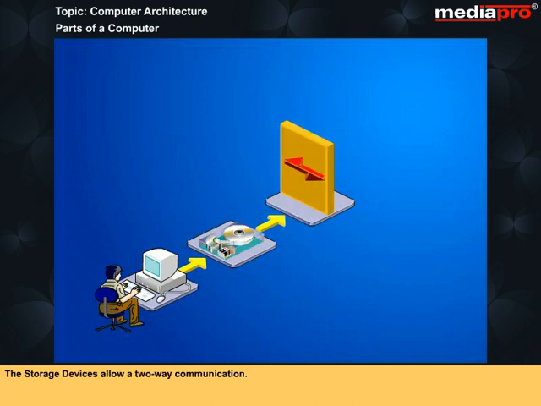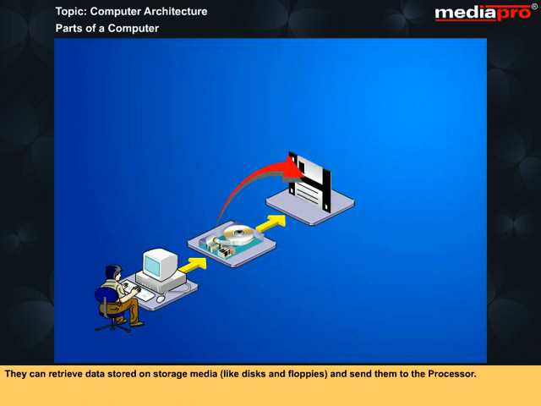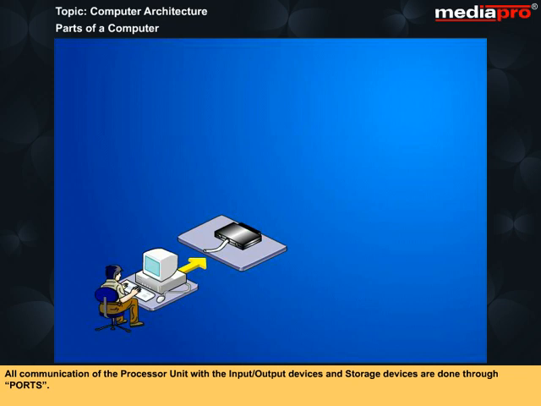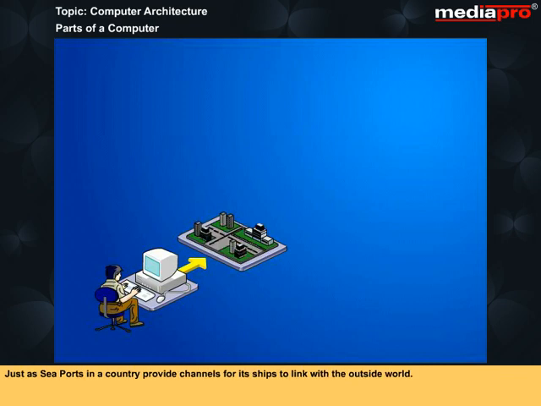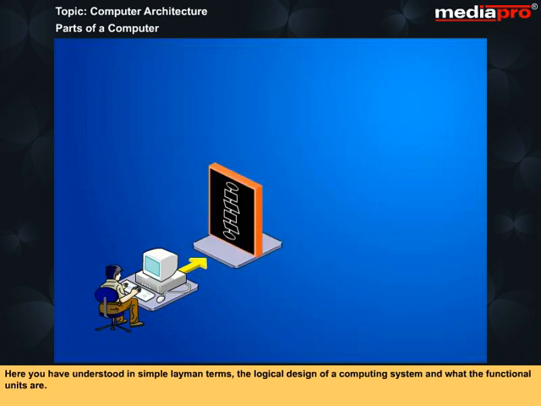The storage devices allow a two-way communication. They can retrieve data stored on storage media like disks and floppies and send them to the processor. Likewise, they can also receive data from the processor and store it onto the storage media. All communication of the processor unit with the input-output devices and storage devices are done through ports. Just as seaports in a country provide channels for its ships to link with the outside world,